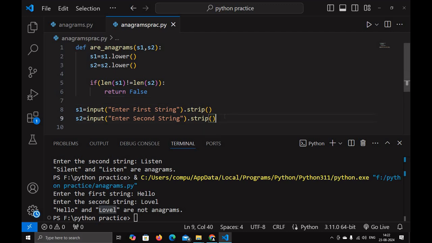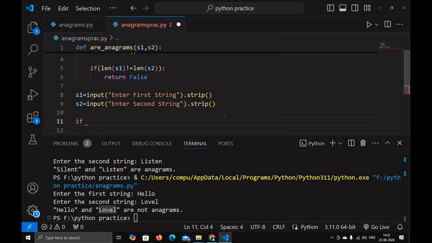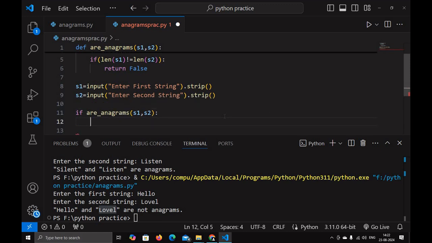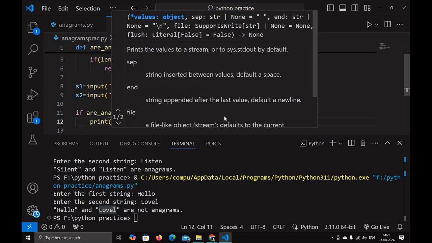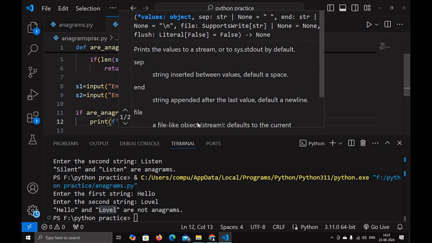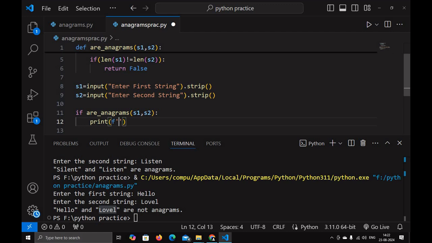Now I will call this function in an if statement: if are_anagrams(s1, s2), then I should print s1 and s2 are anagrams,